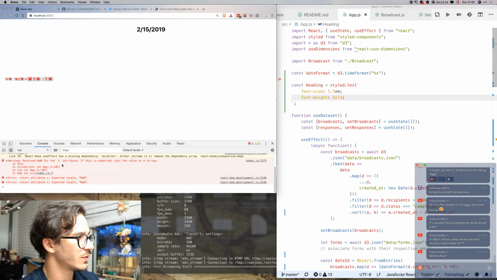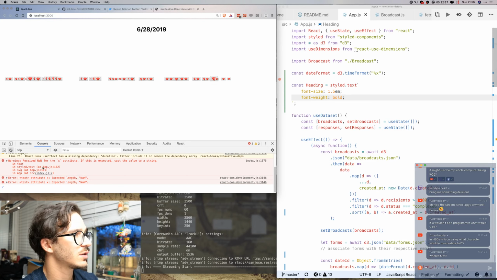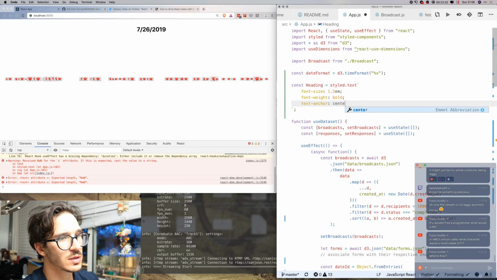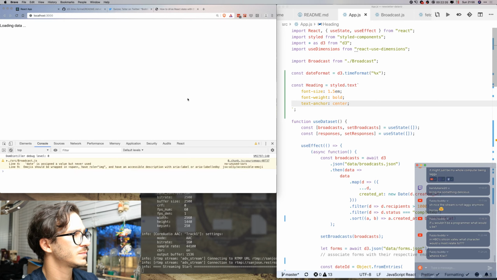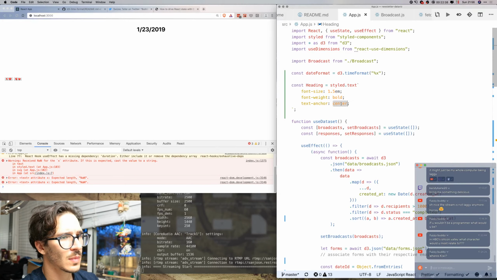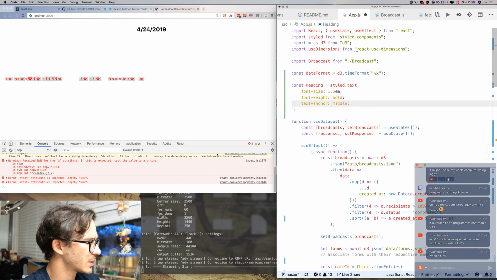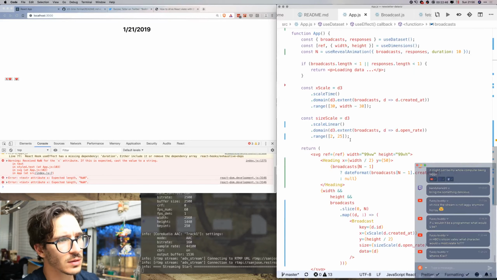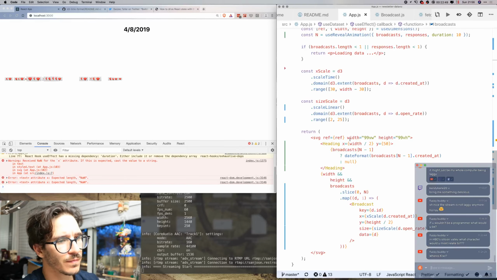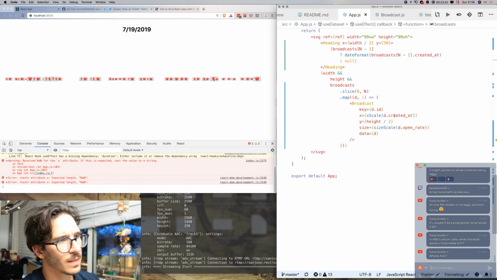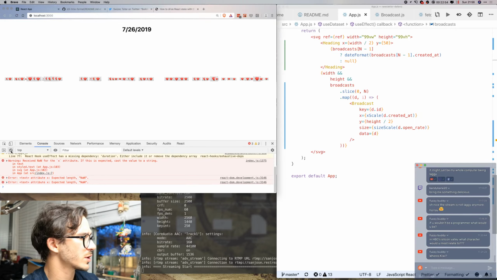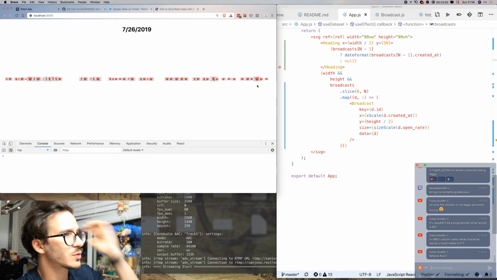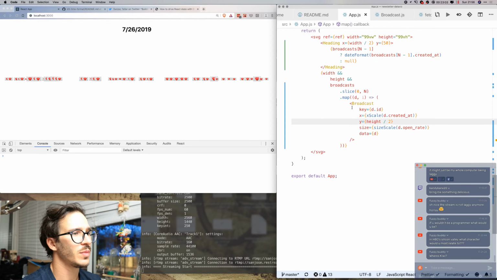For the x attribute, if this is expected, cast the value as a string. Okay, and we say text-anchor is center, or is it middle? Middle text-anchor. And why is it getting here? Okay, so that's working now. Is it actually working? Yeah, I think it's working. So we've got that. Now we need to make it so that